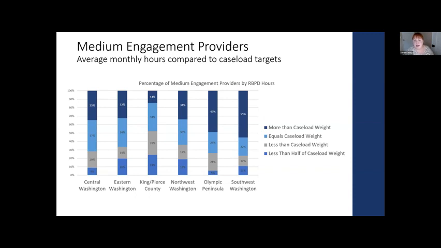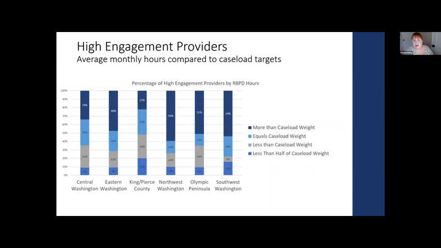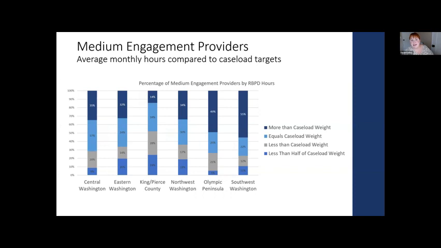But I will say that in some regions of the sites they just defined as high, seeing that 50% or more needed a very high option made sense. And in the medium, having more of them in the equals makes sense, since there was a good amount of providers at the medium level.